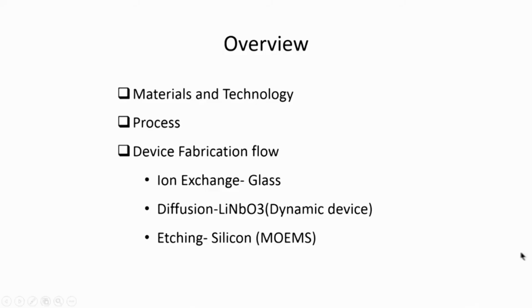Now let us look at some technological issues in the fabrication and characterization of photonic integrated circuits. So broadly this is the outline of the presentation. We will look at materials and technologies that are involved with the various processes that we can use to make these photonic integrated circuits, and then we will take up some specific fabrication processes. I have chosen 3 processes for 3 different applications. One is a glass based process, and the other one for dynamic devices, and one for silicon based